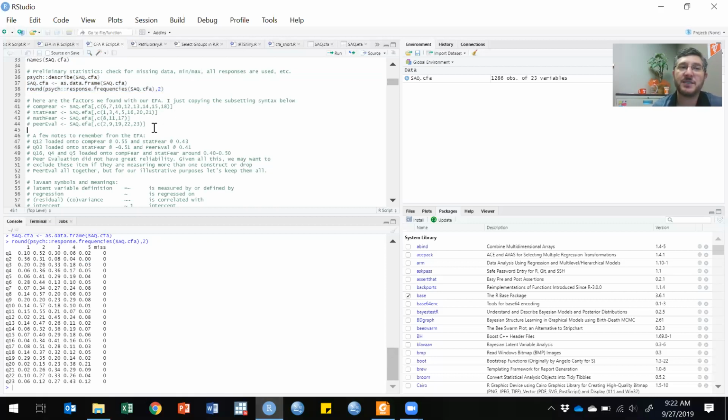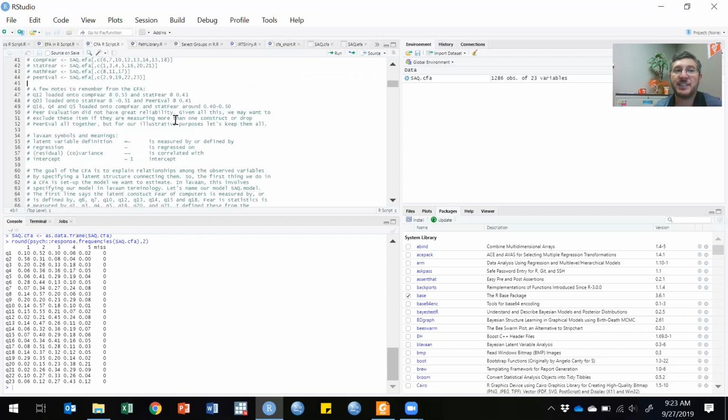Anyways, we want to see whether these data confirm basically what we found in the EFA. So here in the script file, I basically just copied the subsetting syntax we have, so we can remember, peer eval was made from questions 2, 9, 19, 22, 23. The stat peer items were question 1, 3, 4, 5, 16, 20, 21. That was just so I can remember, we can write